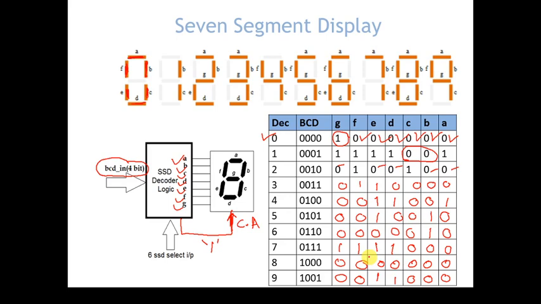So for writing the VHDL, we have the input details. We have the BCD input. We will declare A, B, C, D, E, F, G as output, and one common control line select, and we'll try to write a VHDL code. So let's move.